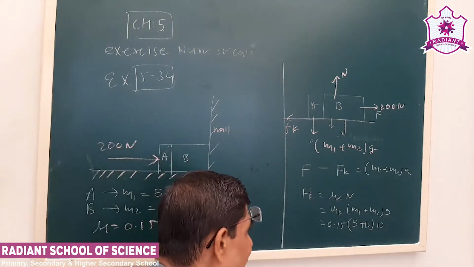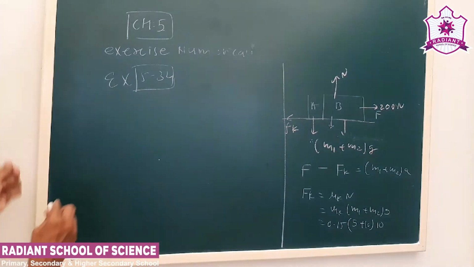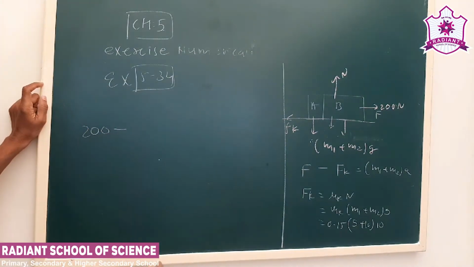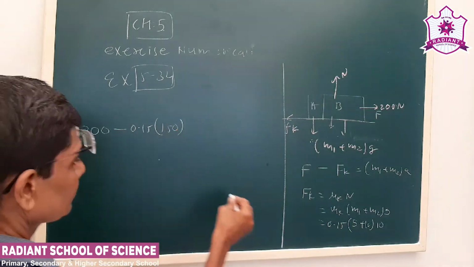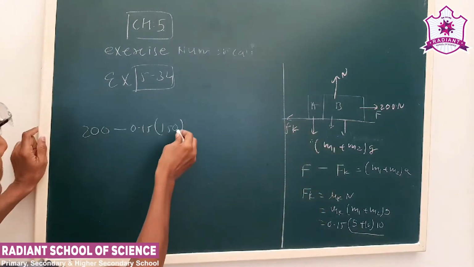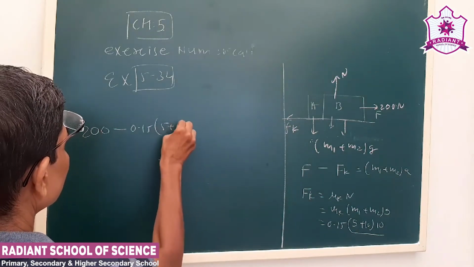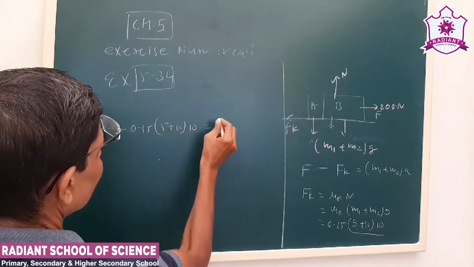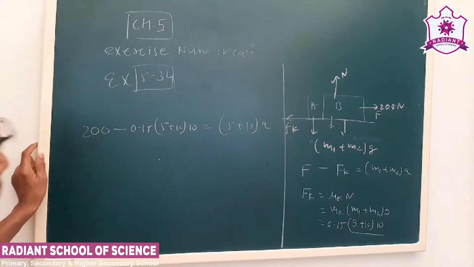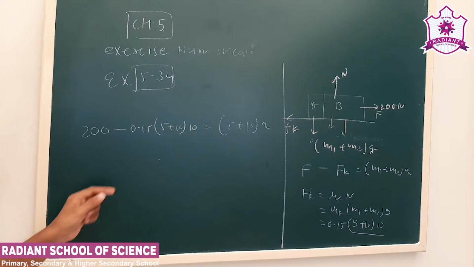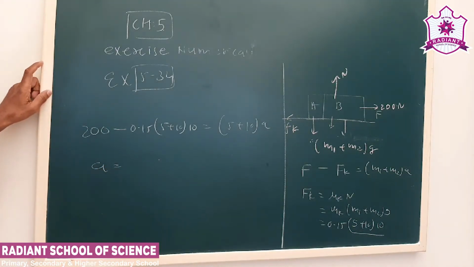Now we substitute this value. F is 200 minus 0.15 into 5 into 10 is equal to (m1 + m2) a. So that will get us the value of the acceleration. So if I solve, the acceleration will be equal to